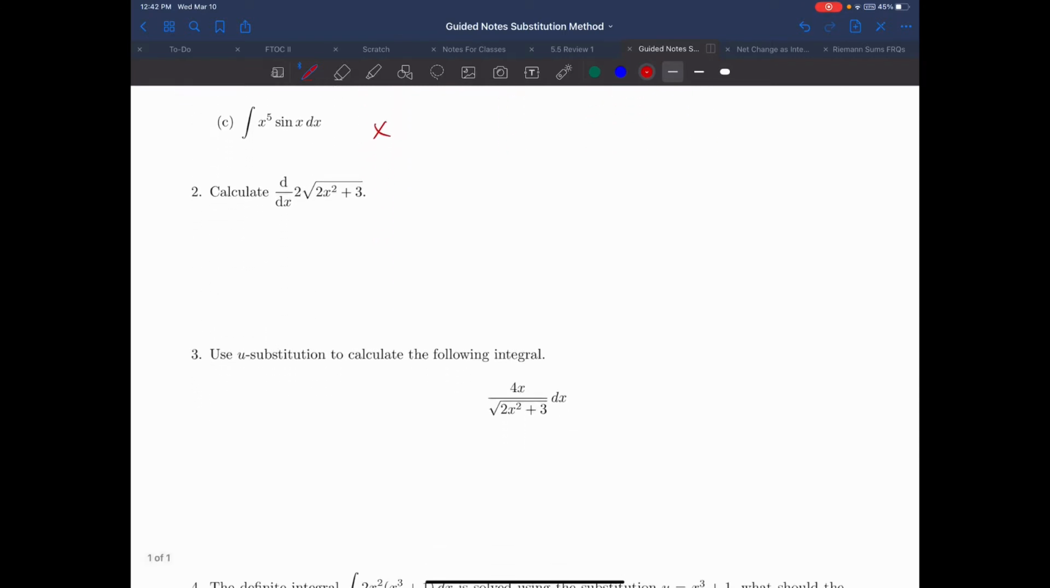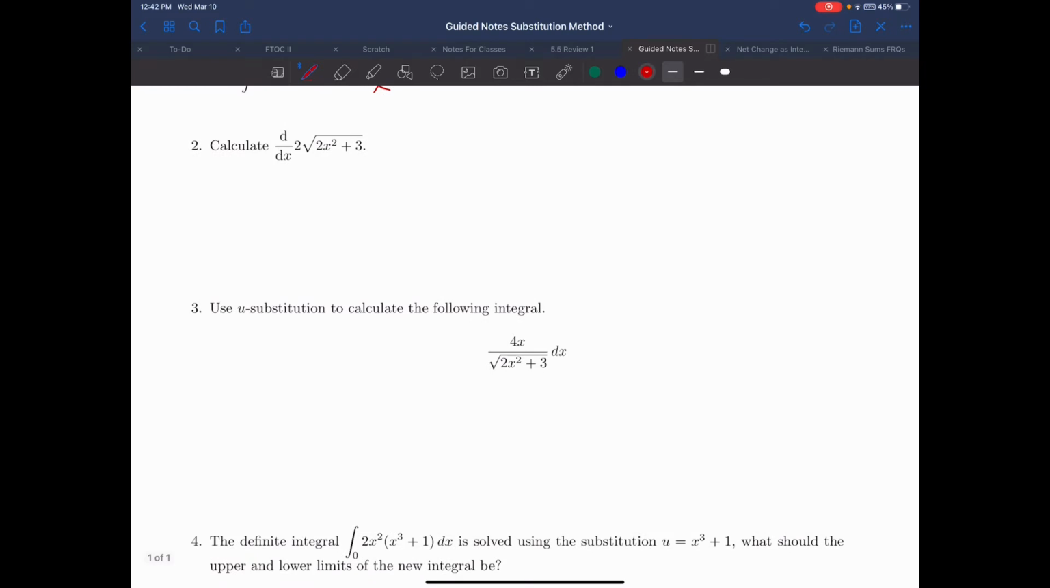So let's look at this problem here. Calculate the derivative of 2 times the square root of 2x squared plus 3. So we're just taking a derivative of this. If I'm going to rewrite that, it's y equals 2 root 2x squared plus 3. Well, this is a chain rule problem the way it's set up. If I rewrite it as 2 times 2x squared plus 3 to the 1/2, you can see that it's a chain rule problem. So y prime would be